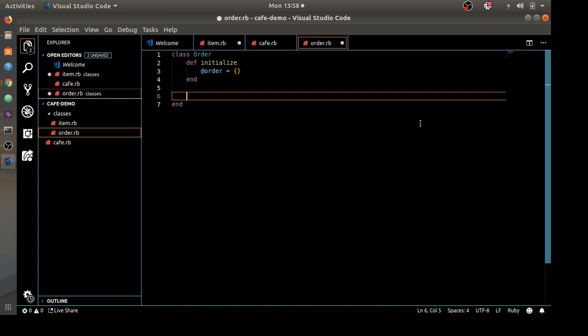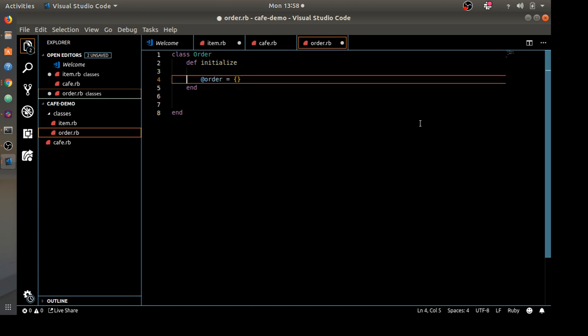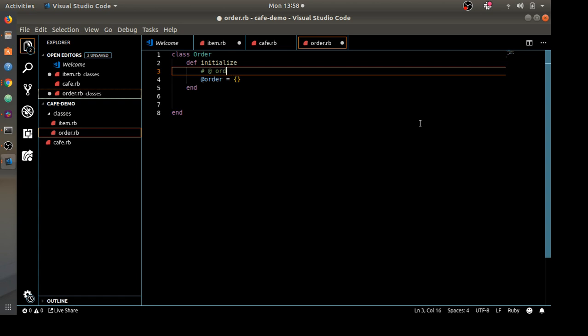It doesn't need to be... It does need to be an array of hashes. No, it doesn't need to be an array of hashes. If it's a hash where the item, so let's put a comment, order. No, it does need to be, does it? No, I'm not sure. Hash with an item as the key and the value. Yeah, is a hash where the item is the key